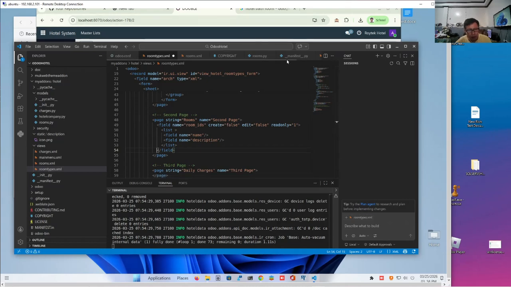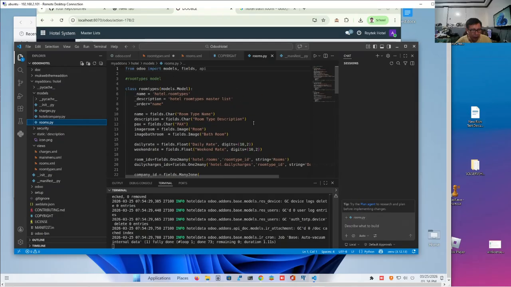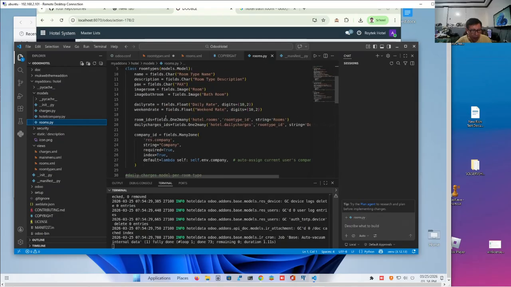Remember, in our room types model, we have added a field called room IDs. Let's look that up. Okay, so in our room types model, we have room IDs, which is a collection of rooms that are classified according to this room type. So it will use the room type ID, and it will label it with the string rooms.